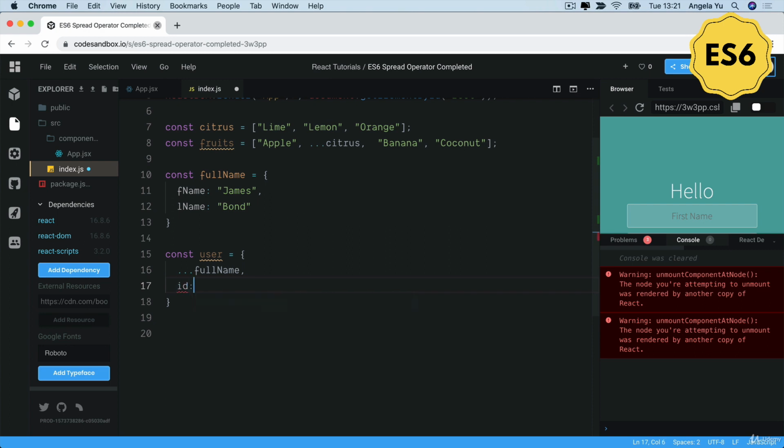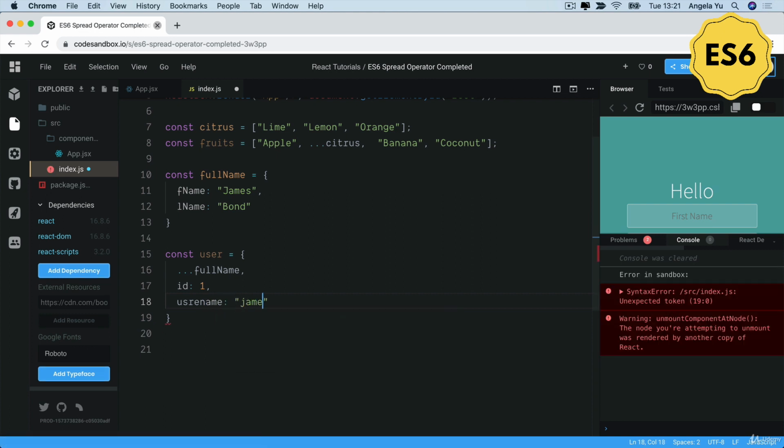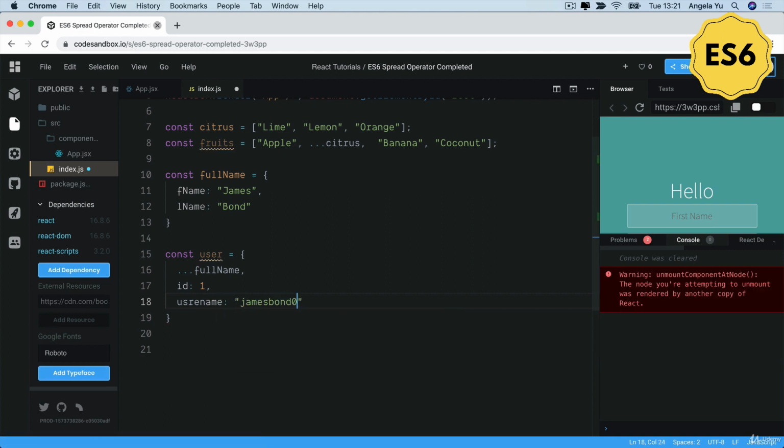So maybe I'd have an ID, and maybe I'd have a username of James Bond 007. And now this user object is going to be comprised of all of the elements inside the full name object, as well as any other ones that I've specified, such as the ID and username. So let's go ahead and log the user object, and you can see that this object has fname, lname, ID,